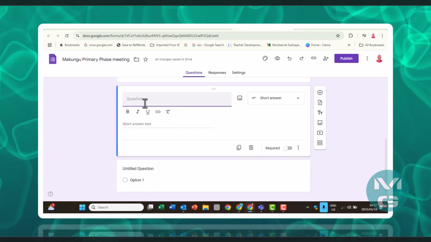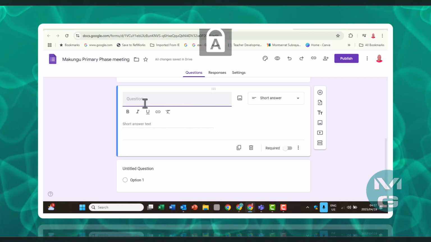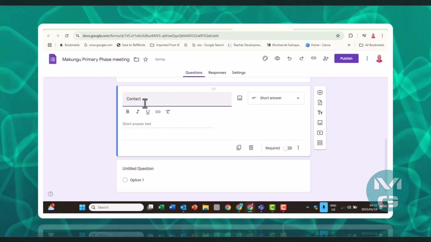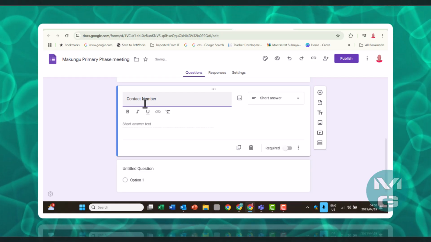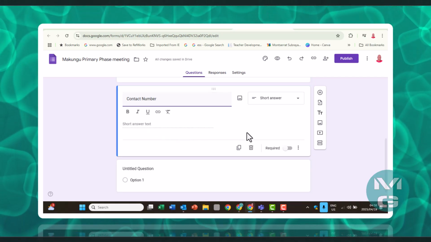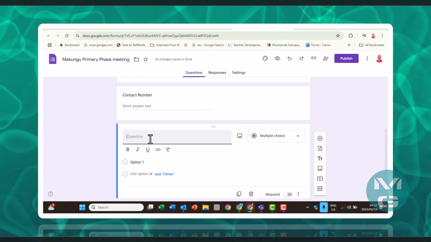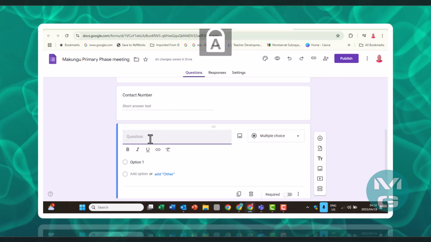And then what else do we need our attendees to put as the data that we need from them. Okay, so here we go, now to add the contact number. We want them to input their numbers, okay, so cell phone numbers. All right, then the next one, we're going to add another question, and again we're going to go for